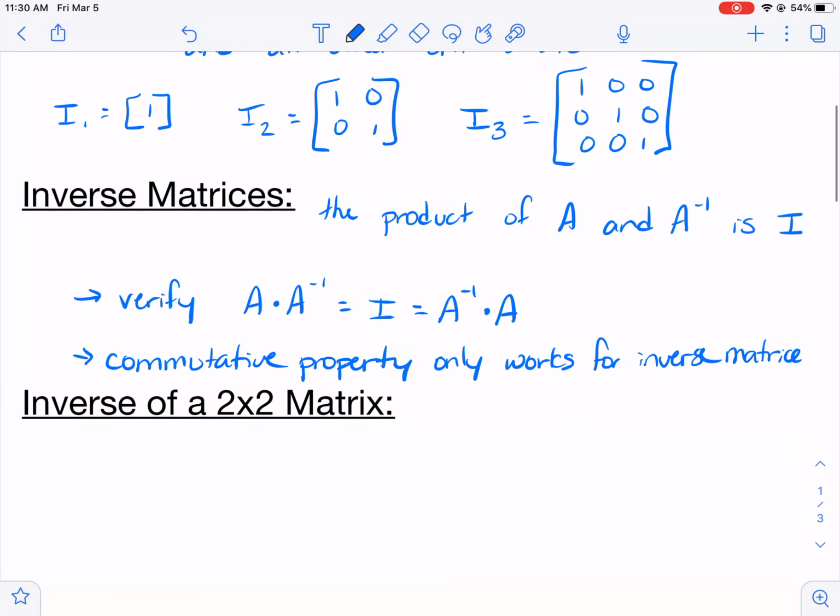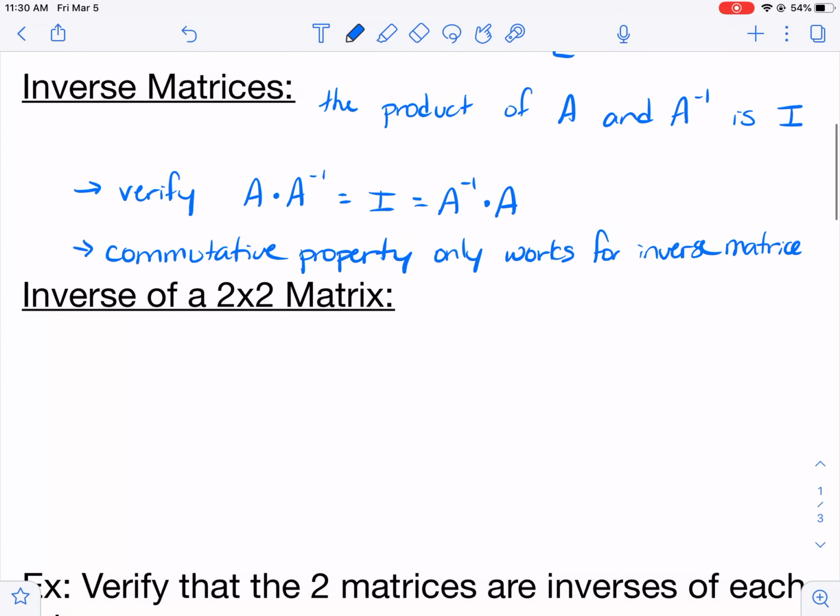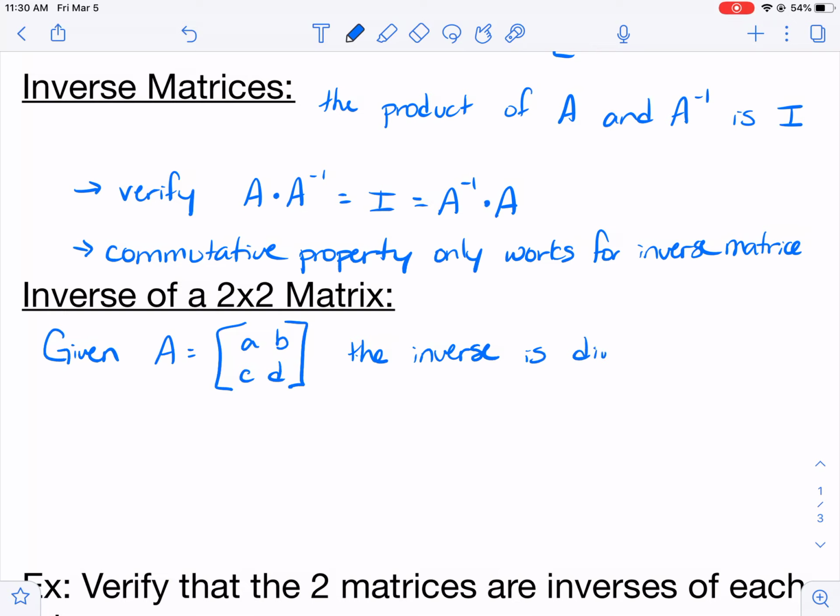And then you'll have to find the inverse of a 2 by 2. And you learned how to find the inverse of a 2 by 2 in Algebra 2 class. This is just a refresher. So my definition is going to be this. Given matrix A, and I'm going to identify it as A, B, C, D, the inverse is given by